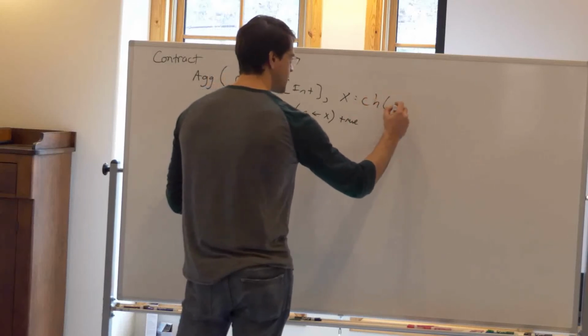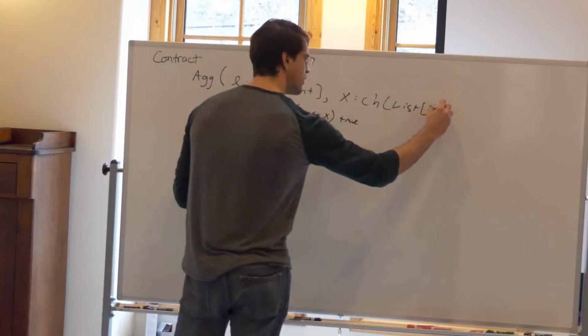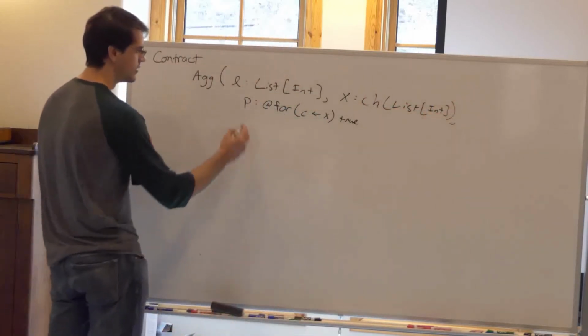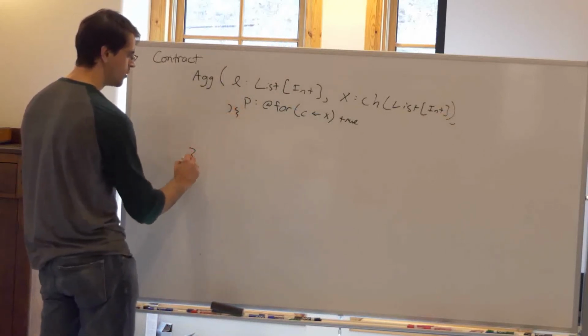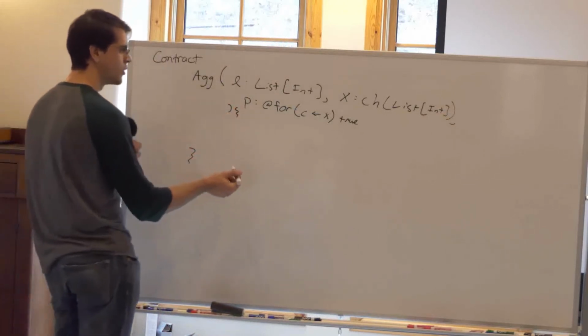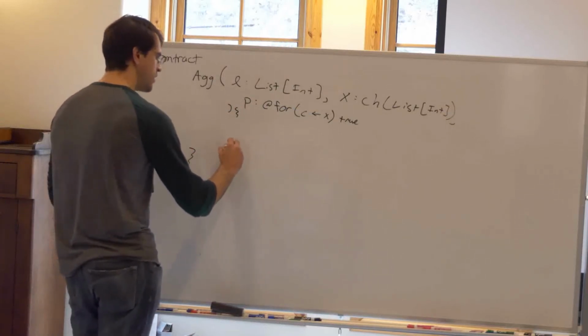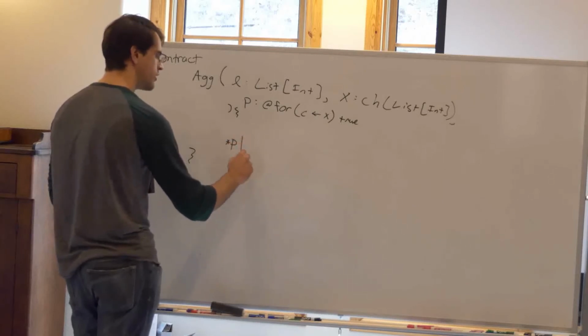Which is the channel that you expect to get your list on. And then this is all fine, and we can write. Basically, what we want to do is invoke P in parallel with